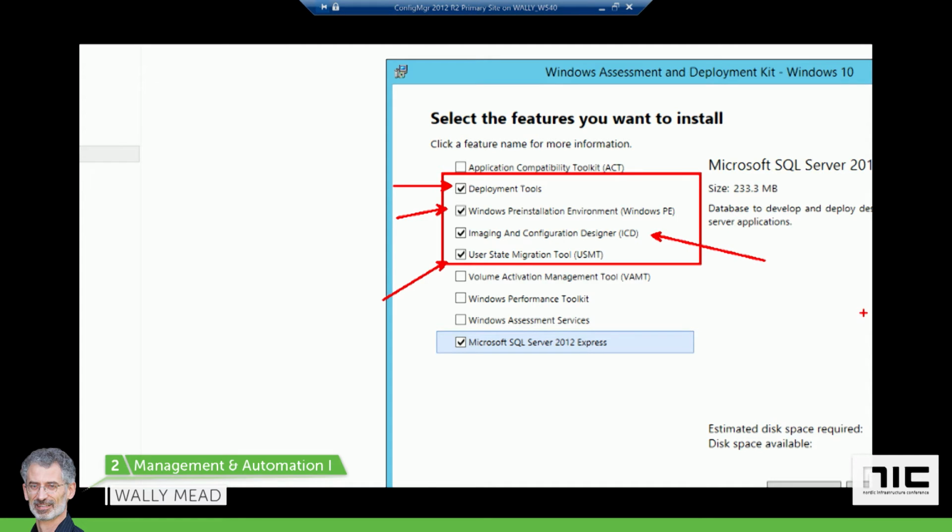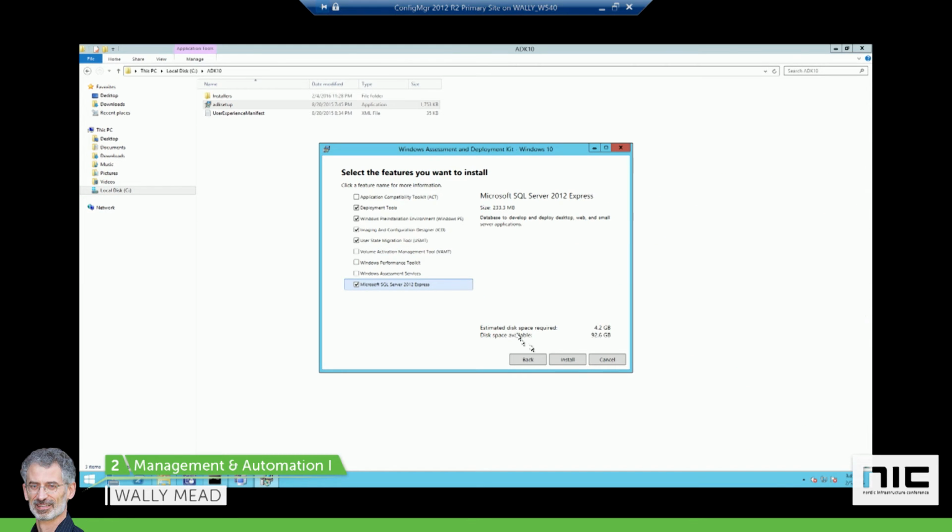So if you want to use ICD for some packaging stuff like the bulk enrollment, you would use ICD. So if you want to do bulk enrollment of Windows 10 devices in an on-prem environment, you're going to need the ICD to go ahead and do that. So you may want to go ahead and get that ready to be installed. It's fairly small. You can always install it after the fact. But I'll go ahead and get this install going, and then we'll go back to our